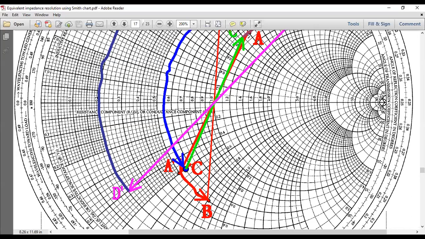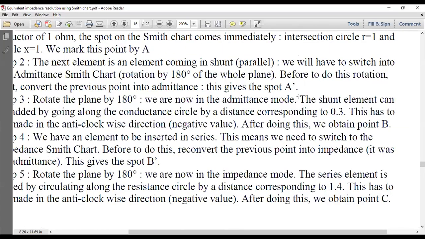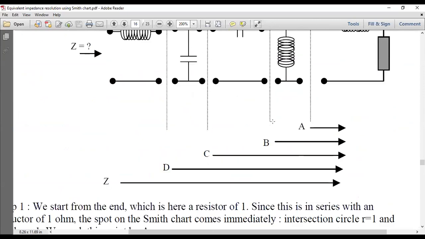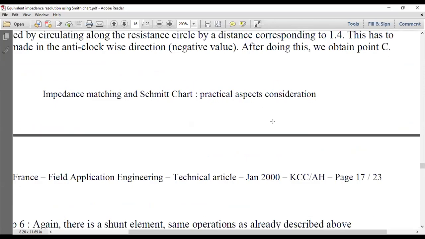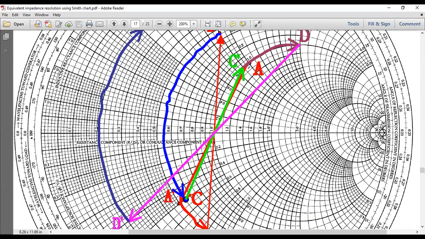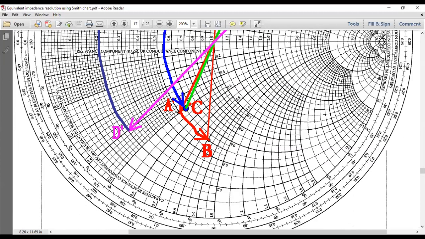Now the rules come. What do you have to add? Now it becomes Y, so you have to subtract 0.3. How to subtract 0.3? Here it is the imaginary part. All these circles are the imaginary circles. So we have gone from this point to this point, from A dash to B. Why have we gone from A dash to B?